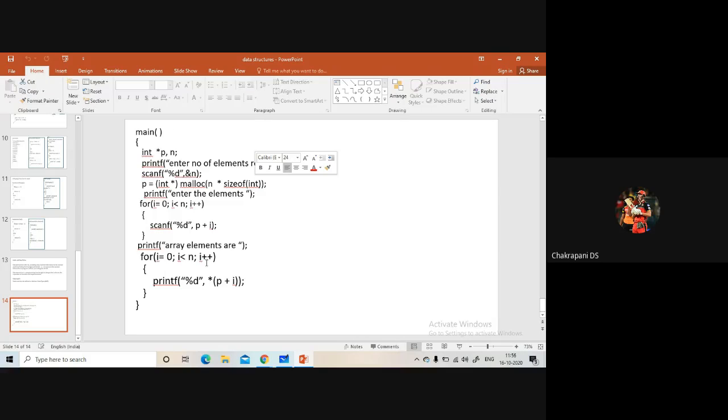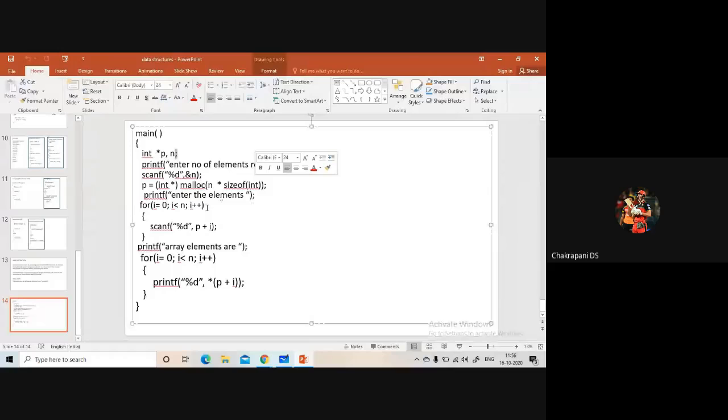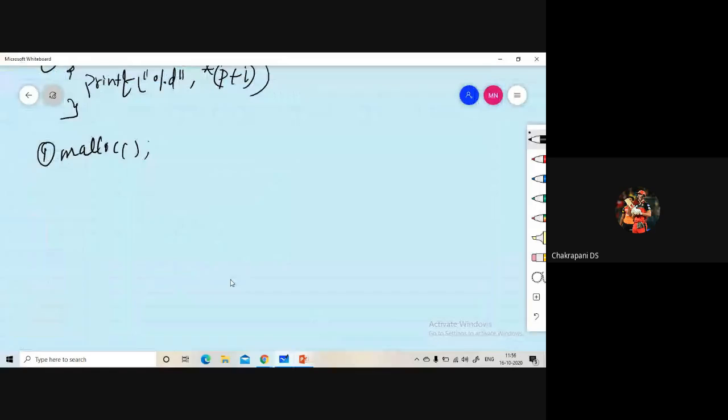So this is a normal program, a program which is used for malloc function or dynamically allocated arrays. This is used for dynamic allocation of arrays in data structures. Apart from malloc function, we have some other functions called calloc function. Okay, so the only difference between malloc function and calloc function is if I write malloc function like this,